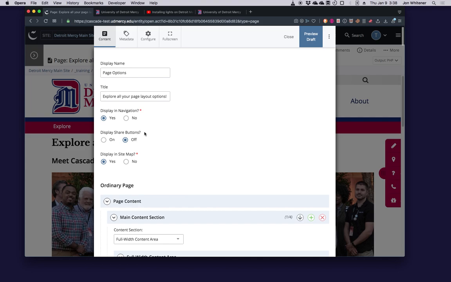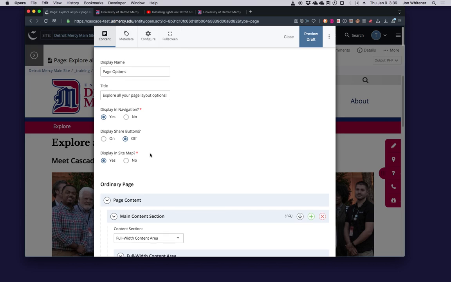But we've done some research on this. The only things that ever really get shared this way are news stories. That's about the only thing that we've seen any use of those share buttons. So that's set to off by default, except for news stories.